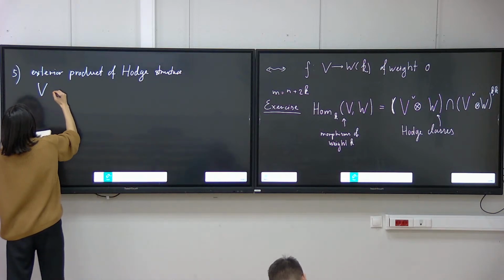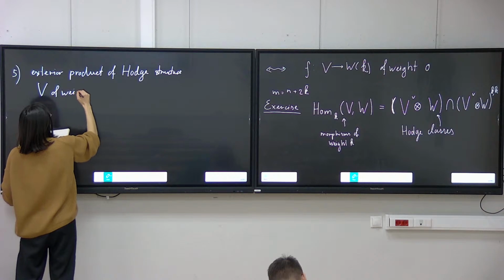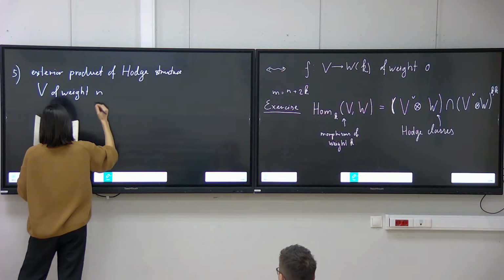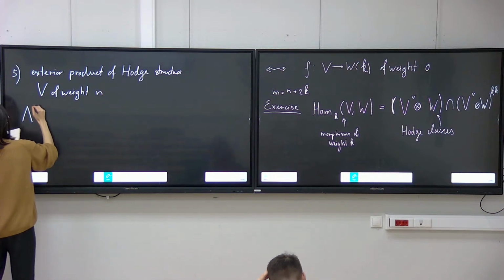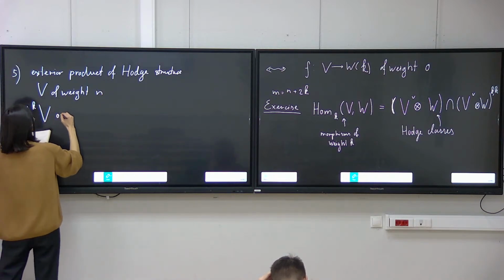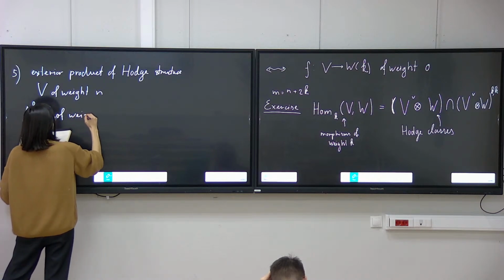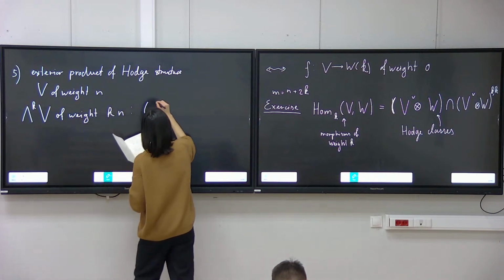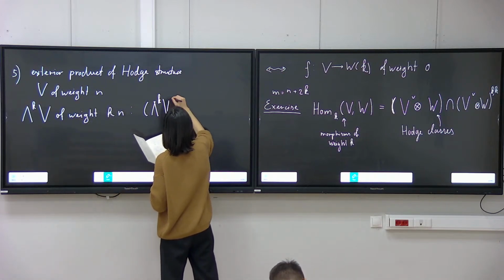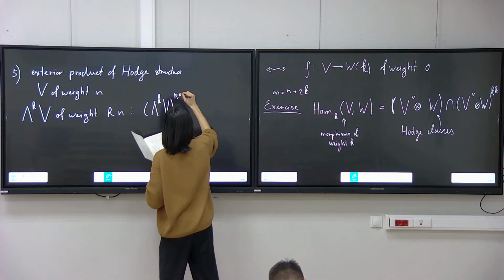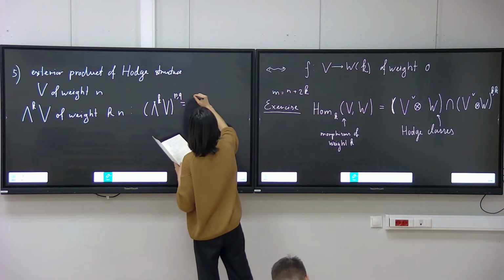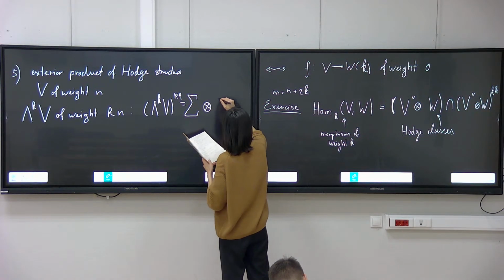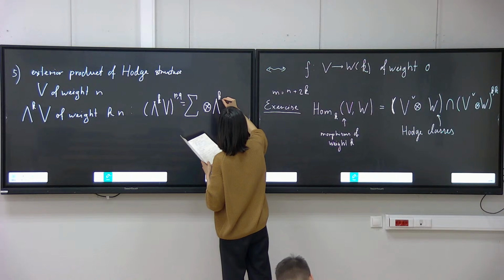So if V is of weight n, then its exterior degree is of weight kn, and we say that it is the sum over all tensor products